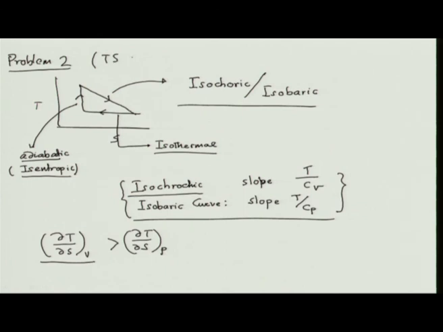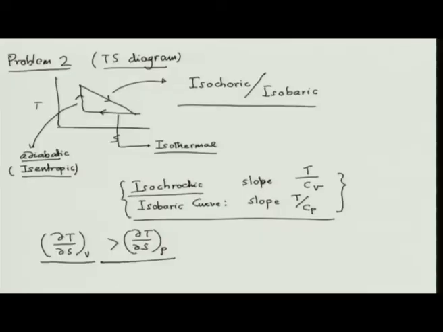So, problem 2 involves T-S diagram, identify processes in T-S diagram, calculate the quantities, adiabatic and isothermal very easy to find out, whereas isochoric and isobaric, once again draw two curves, look at the intersection and find out the slope. From the slope, see whether this condition is satisfied or not. If it is, you know this one having higher slope, steeper slope, okay, will be your isochoric process.